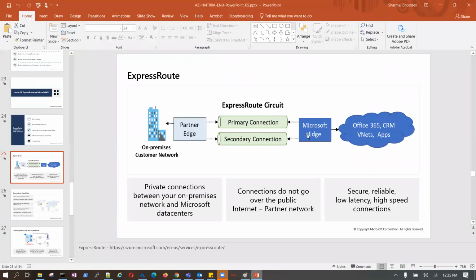Is that clear? The Microsoft edge or the partner edge point is nothing but a point where your connection has been terminated by the respective service provider.